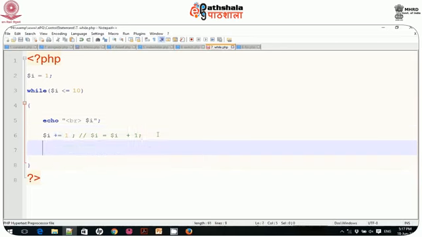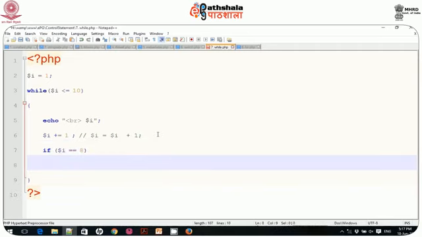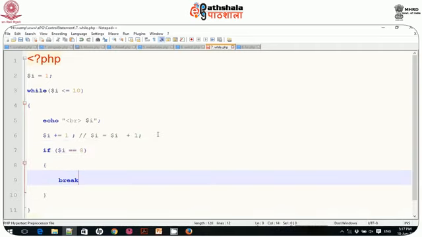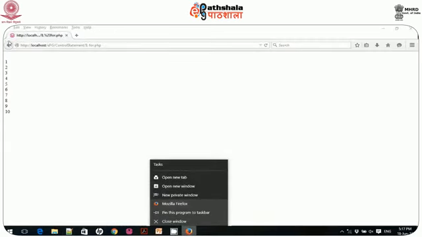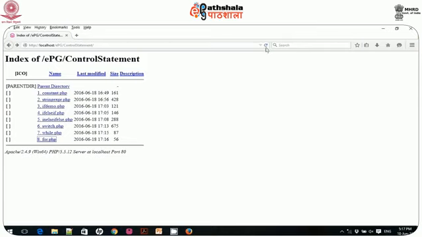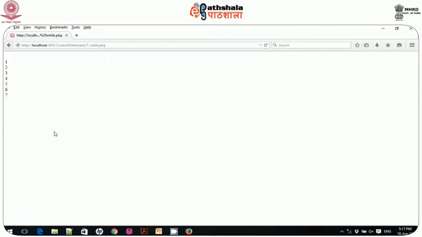Then you can write if $I is equal to 8, then break. Though I write it in an if, it actually breaks from the loop, so it will print 1 to 7. We can verify it by saving and executing our program. So it will print 1 to 7.